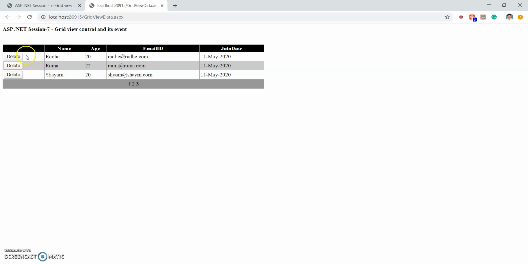As we added one more column here, our date and time got indexed as 4. So you can see the delete button is also added.